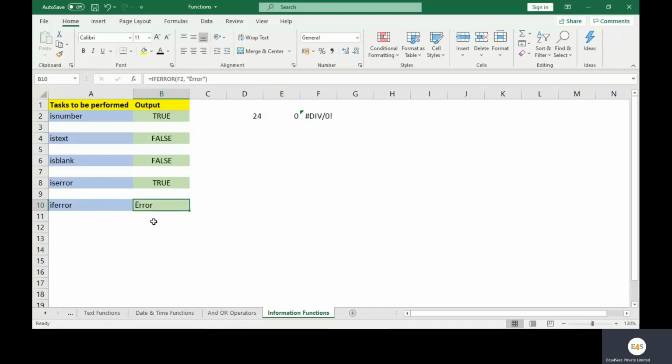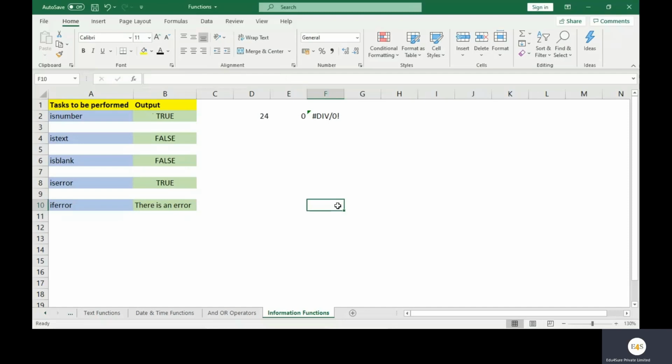So basically, ISERROR identifies if there is an error in the cell or not, and IFERROR helps us to customize the message, to customize the outcome. Like instead of returning TRUE or FALSE, it is giving us a customized message that yes, this cell has an error, or whatever we want to write here. Like, there is an error, so it will return this message.